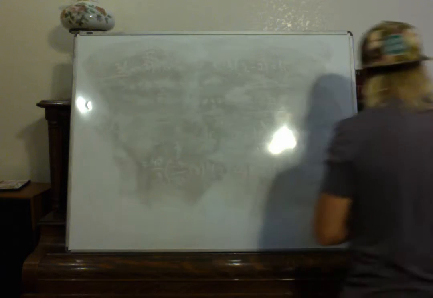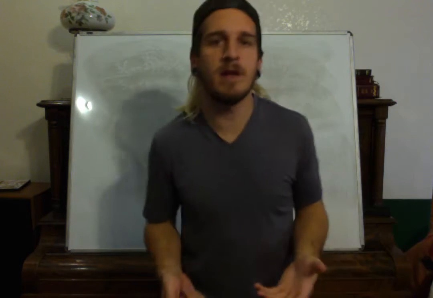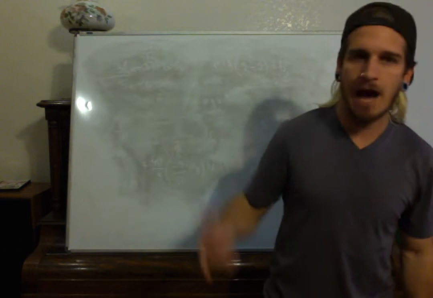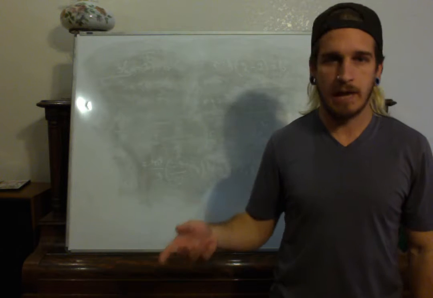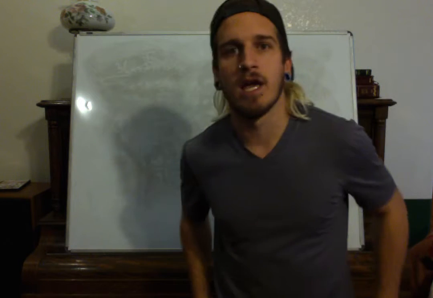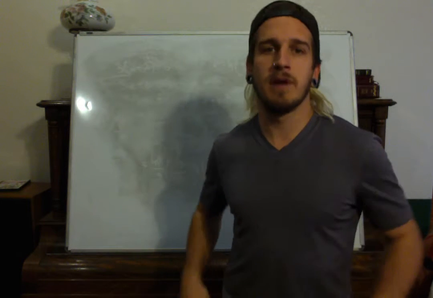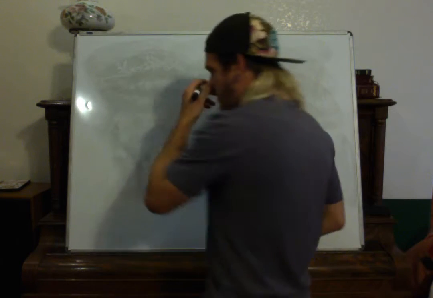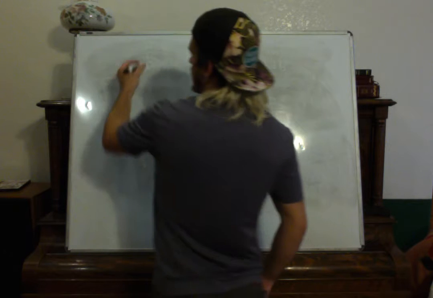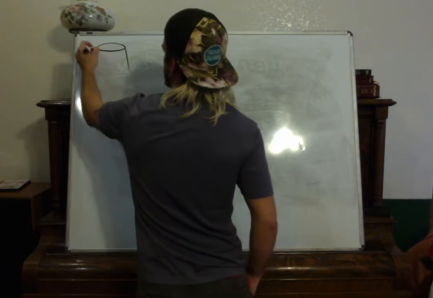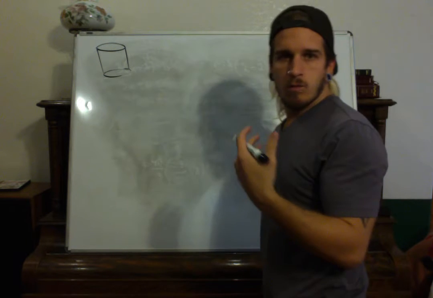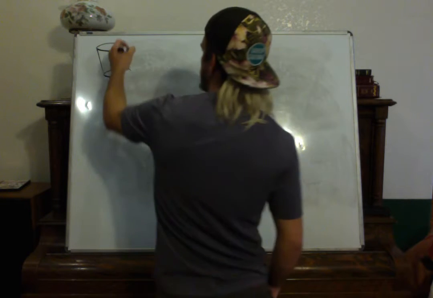So one of my students recently gave me a related rates problem, and they asked if it was possible to solve the problem without using the product rule when it came to deriving the equation we were using. And at first I didn't think it was possible, but after a little extra thought, I figured it out, and it was quite exciting. So the problem asks, given a right cylinder, at what rate is the volume changing, so